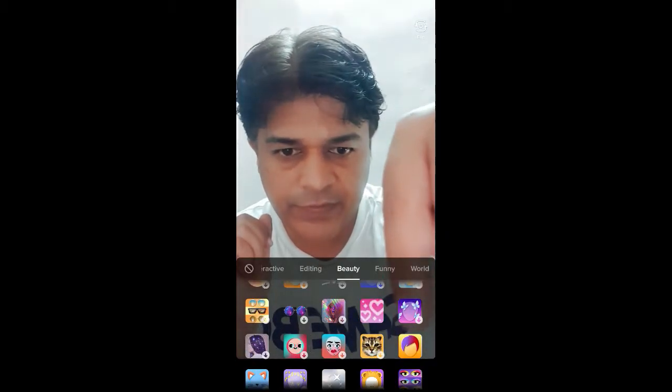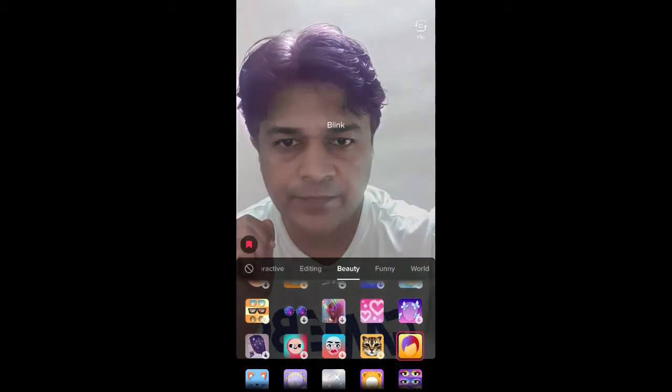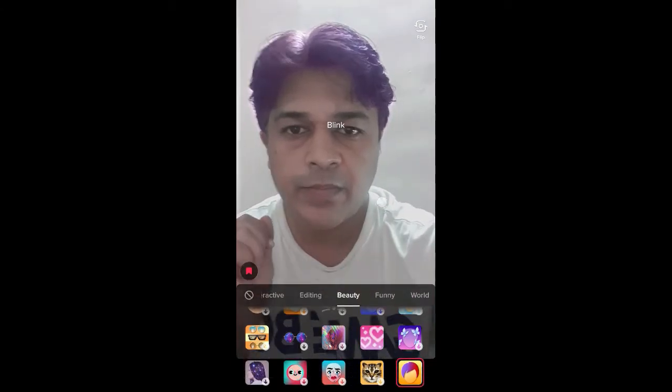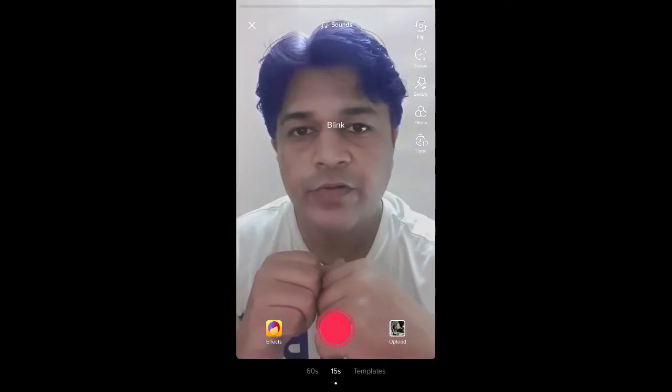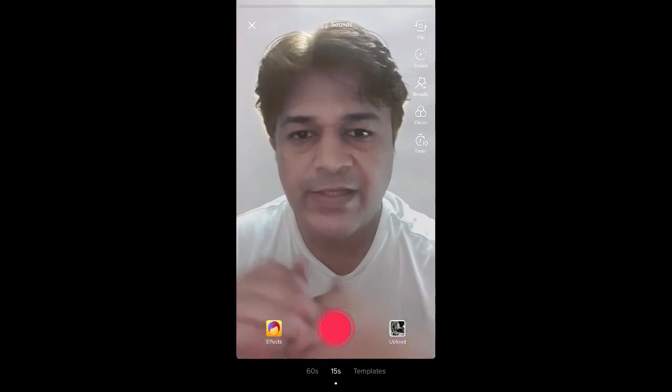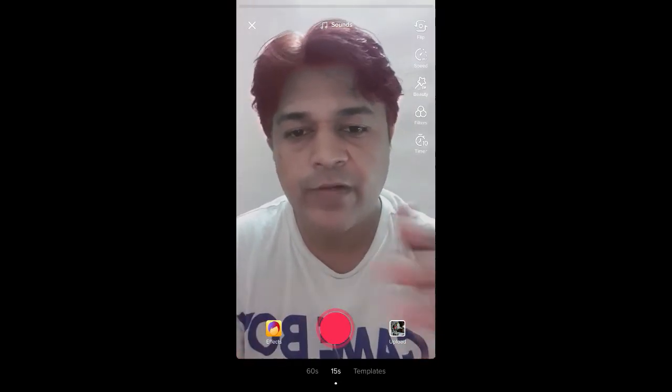and remember this image. This is the filter. Tap on it and blink to change your hair color. So that's it guys. Likewise you can get this filter on TikTok, and if you are not finding the filter